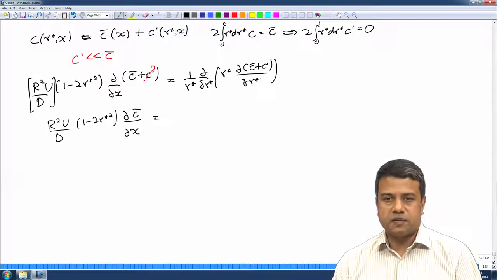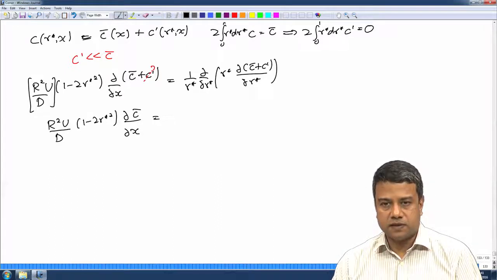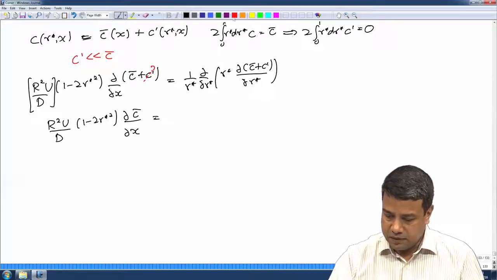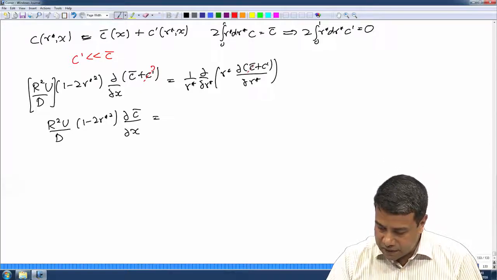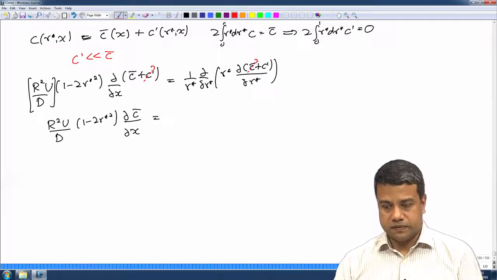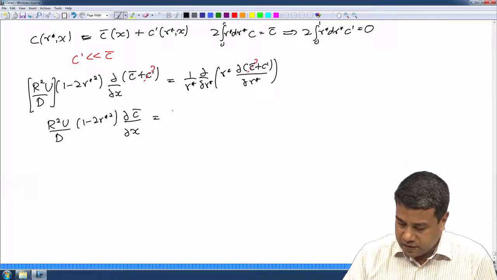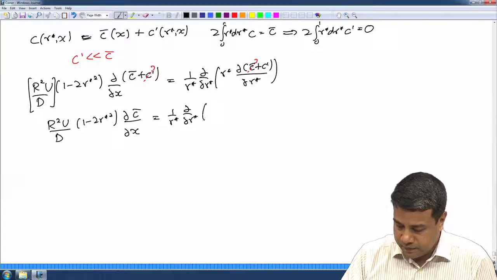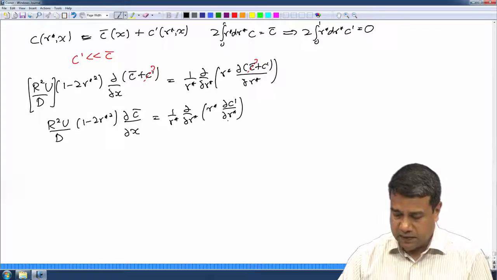It no longer depends upon r. It is independent of the radius. Therefore, the derivative of C bar with respect to radius will be 0. And all I am left with on the right side is 1 by r